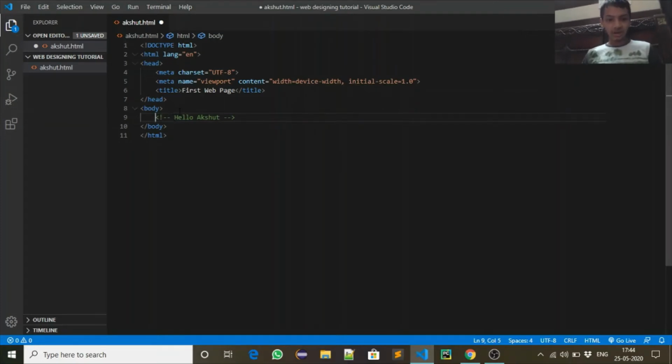The thing in between this and this is not noticed by the browser, and this is called a comment. This is used if you are explaining this to someone else, then the person will be easily able to see what each line does.